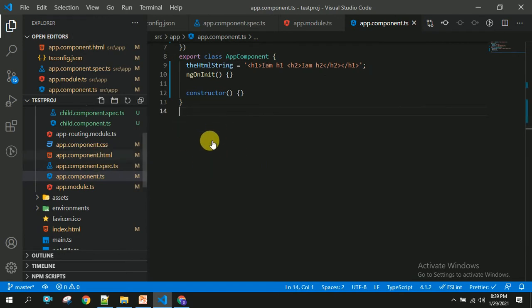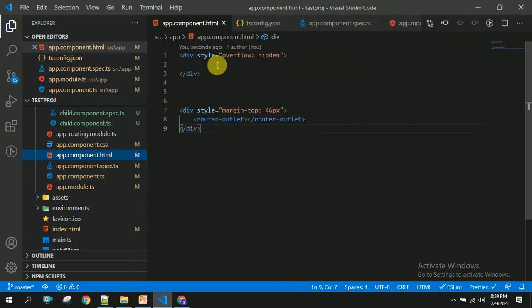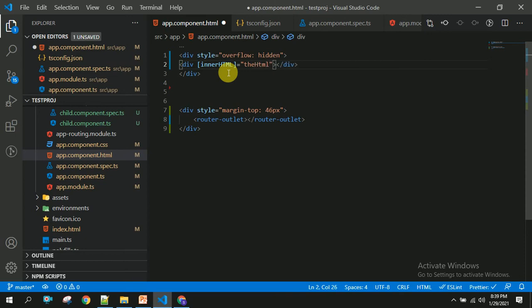So this is what we have to do in the TS file, and in the HTML file I am going to bind that to my div. To this div I am going to use a property called inner HTML. So this HTML should be in caps. So this is the variable which I have declared in the TS file.